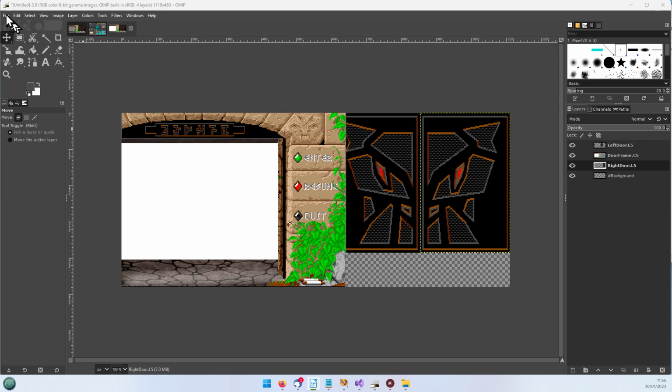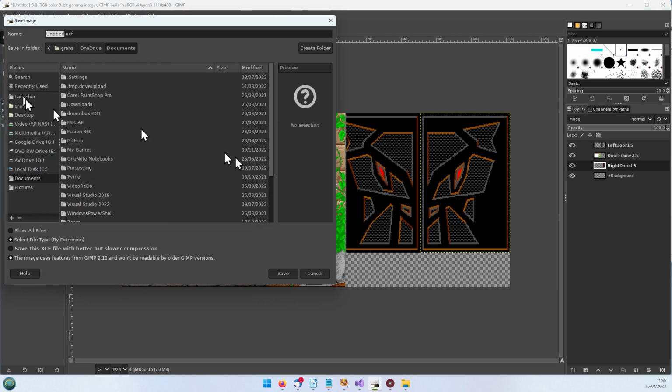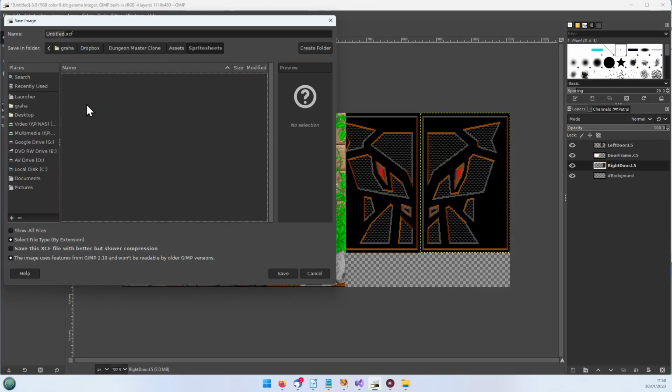Let's do a file save as. I haven't quite finished, but I like to get these things done. Now I've not used the folder I want to use so far, so I'm going to have to look for that. It looks as if it's empty at the moment, so I think we can probably save it there. We don't want to call it untitled, of course, so let's call it